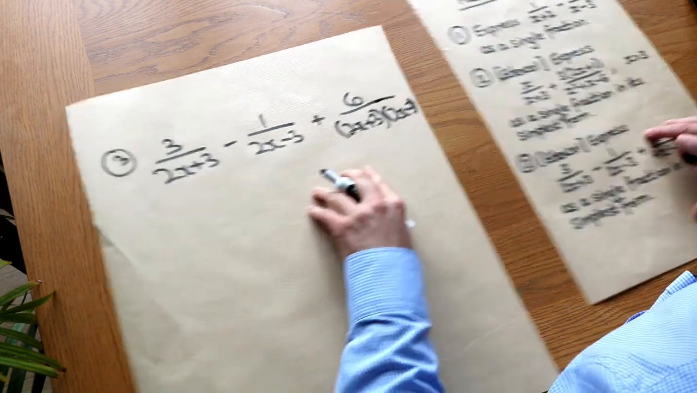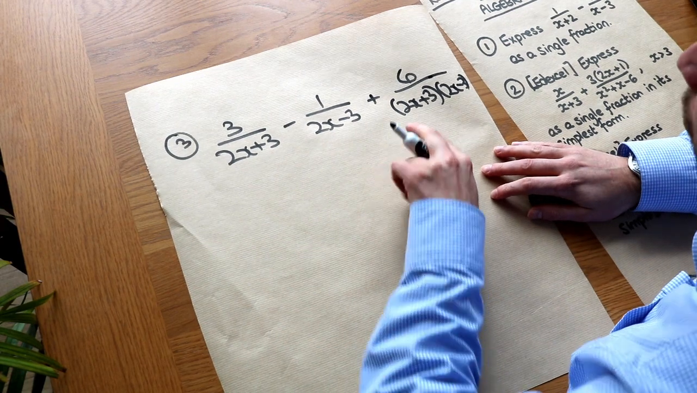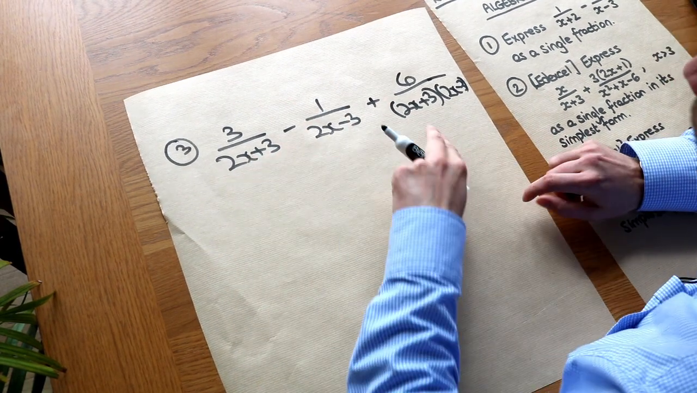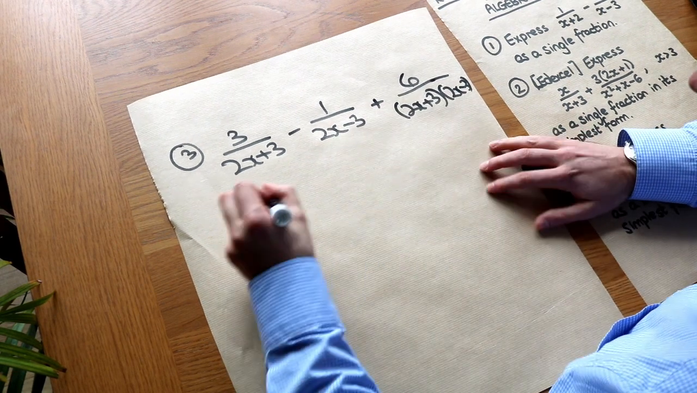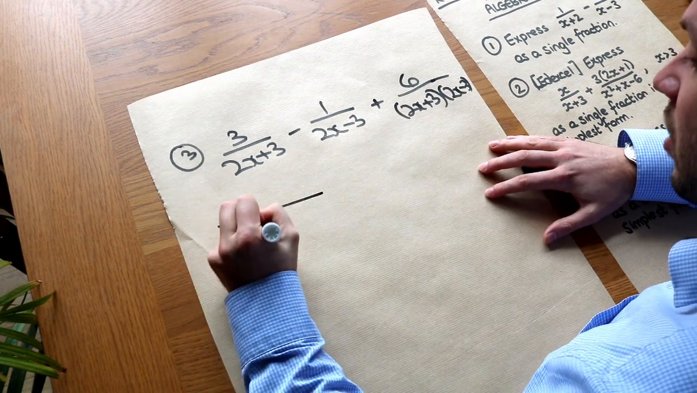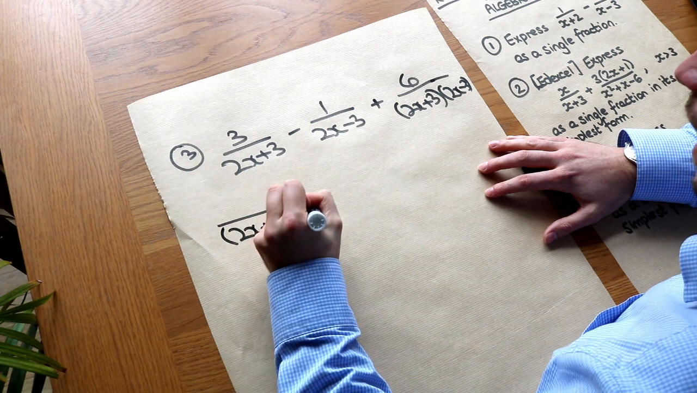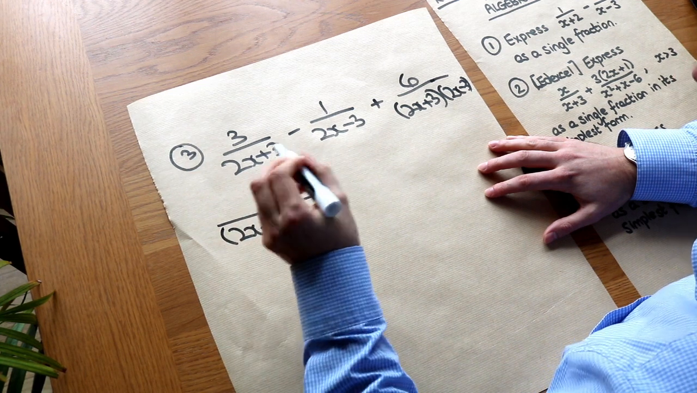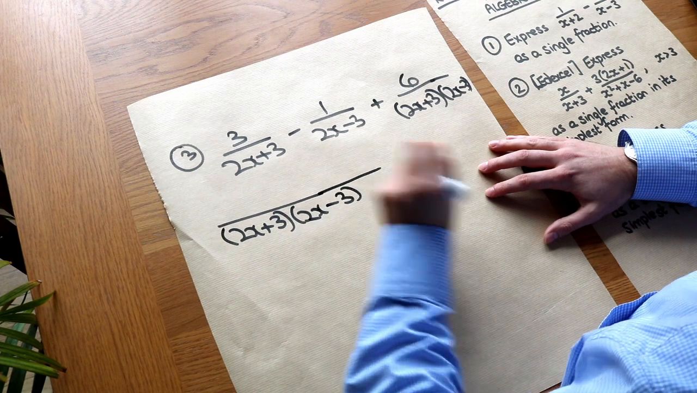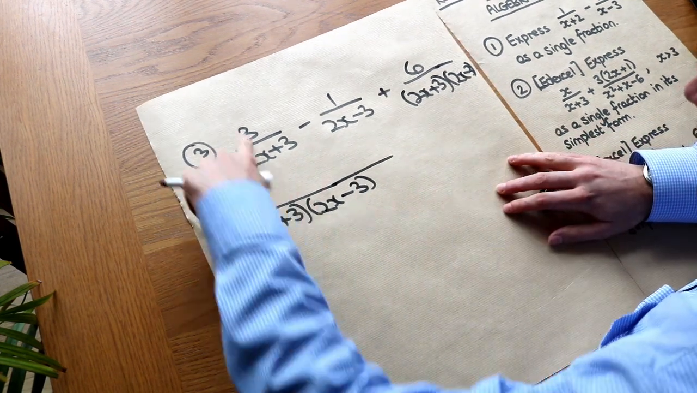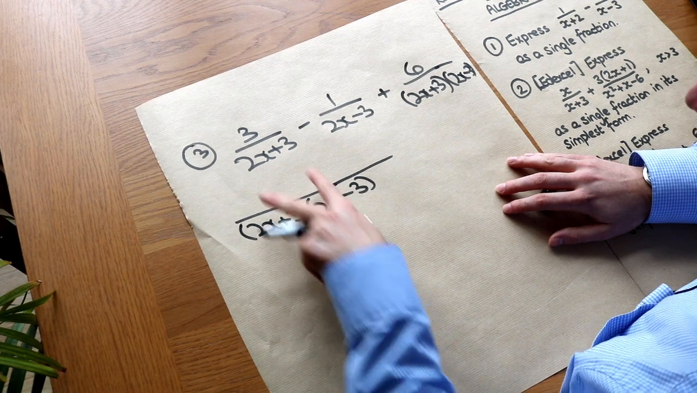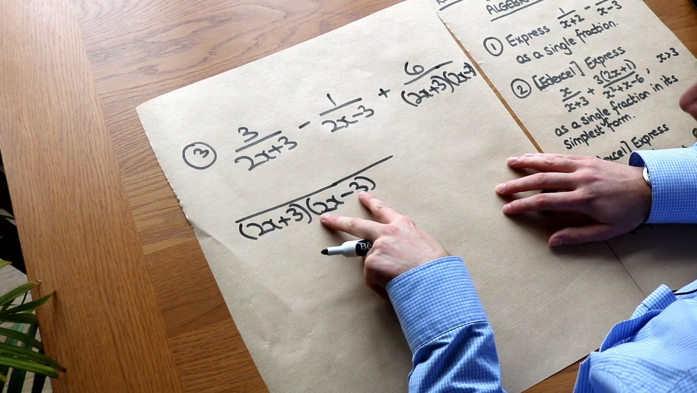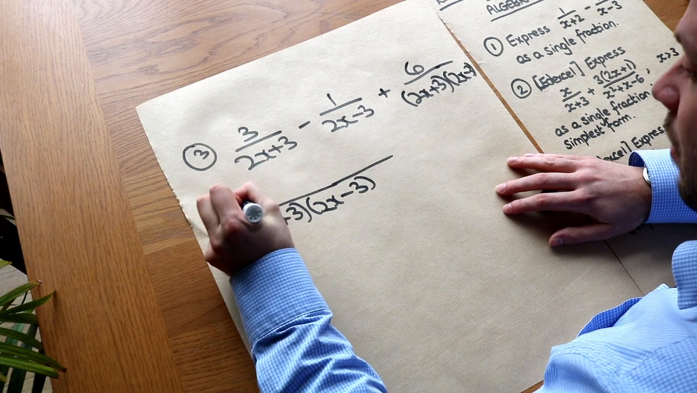So at this point we use the same strategy. We consider what would be a common denominator. Well, they all have 2x plus 3 and 2x minus 3 somewhere, so we could therefore use 2x plus 3, 2x minus 3 as the common denominator. So let's do all in one go. What do we need to multiply top and bottom here by to get that at the bottom? Well, the 2x plus 3 is being multiplied by 2x minus 3, so we simply have to times that 3